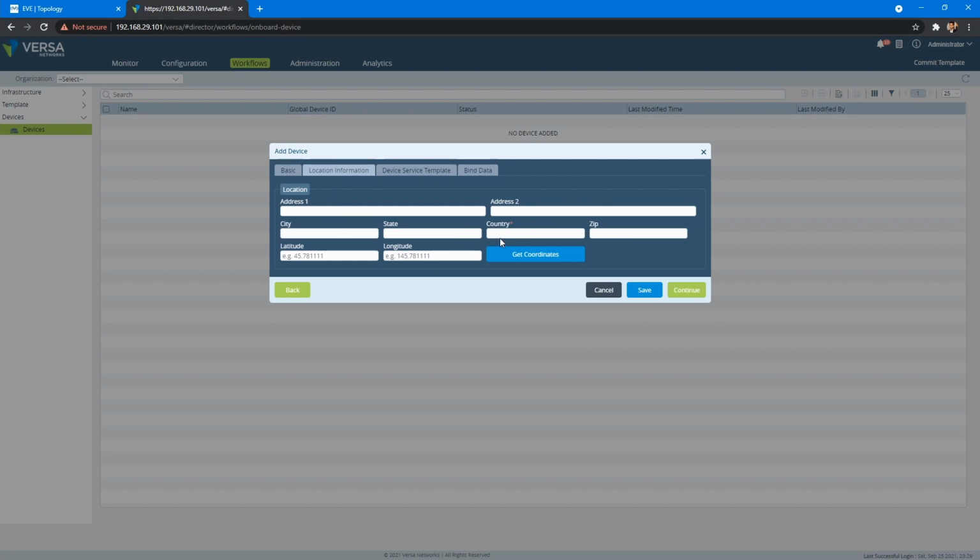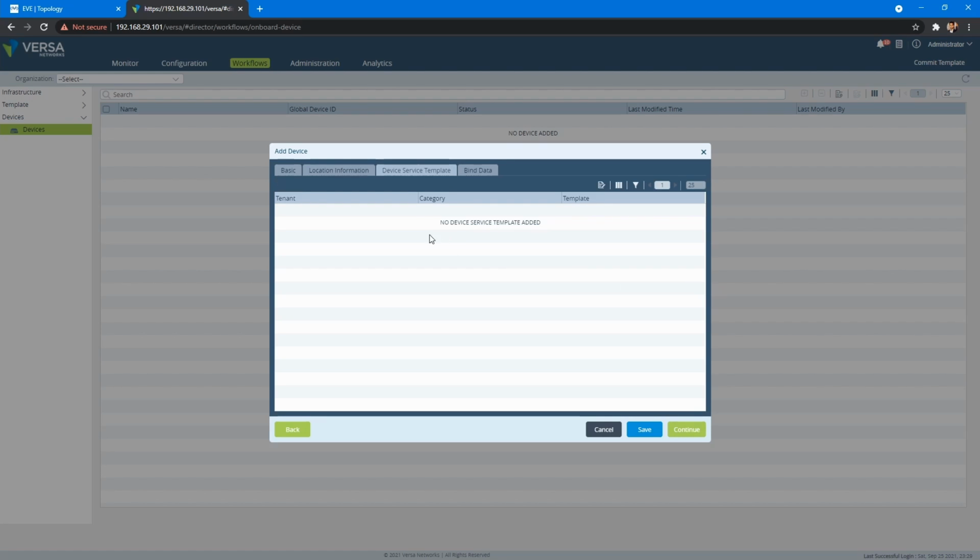Continue. In the location, you have to provide the site address. Continue. You can also add the service templates from this device service template tab, but it is recommended to use device group to attach the service templates.